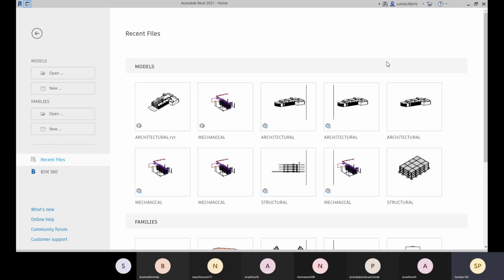This was initially not developed by Autodesk. This was initially developed by Charles River Software, a company founded in 1997.